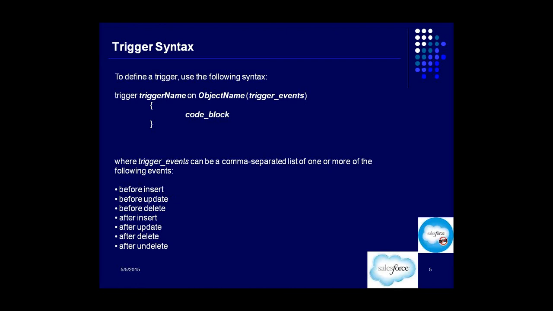Okay, so there I can use two events. So you can use multiple events which should be comma separated list. So if you want to use two events, then you can just put a comma between them. That's it.